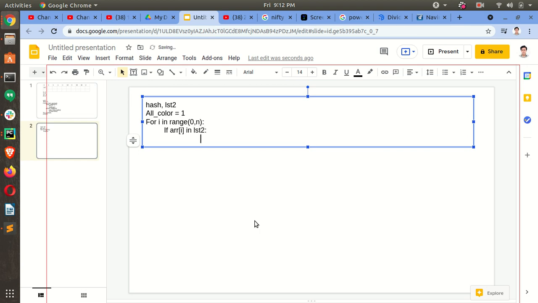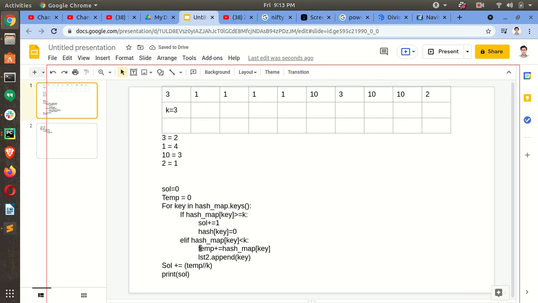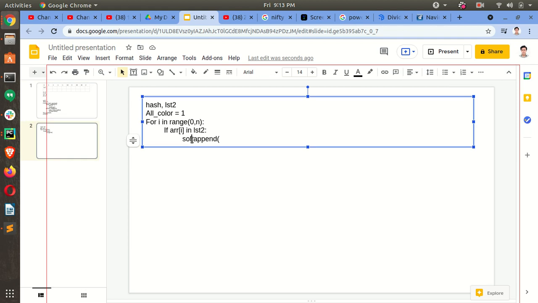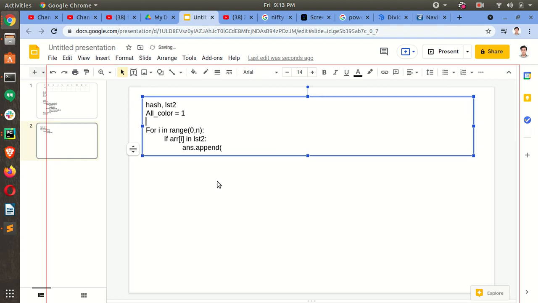Now if arr[i] is in lst2, so we will make sol.append(solution). Okay. So this is not our, okay, fine, we have already made one variable sol, then we will make answer. Okay. And answer will be a list, will be an array.